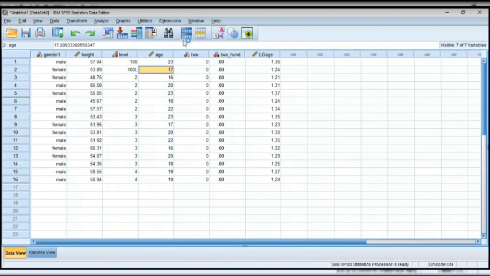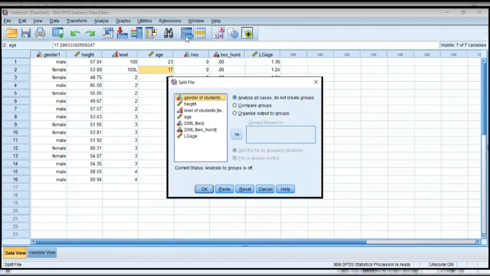Now this particular button will help us to split the data set into two. For example, I want to split according to gender.